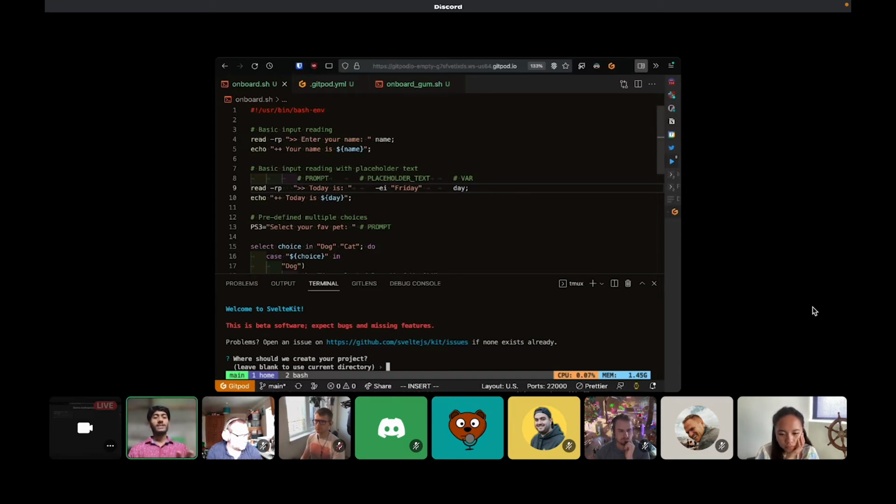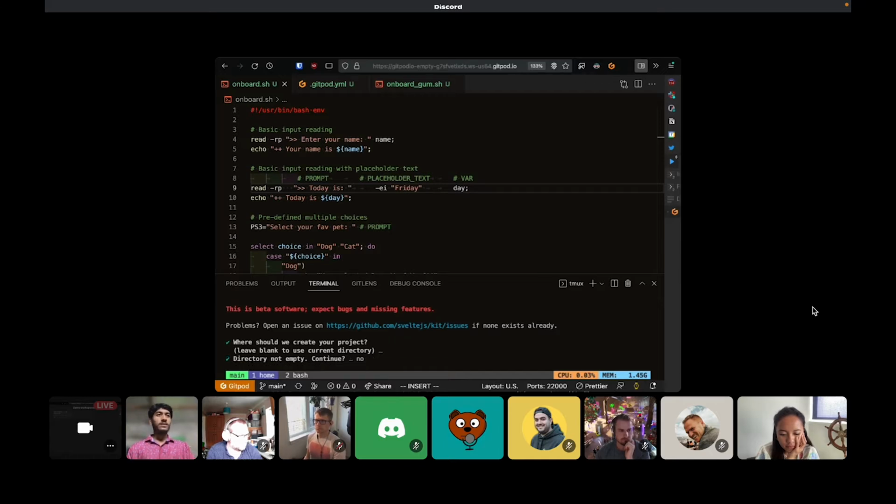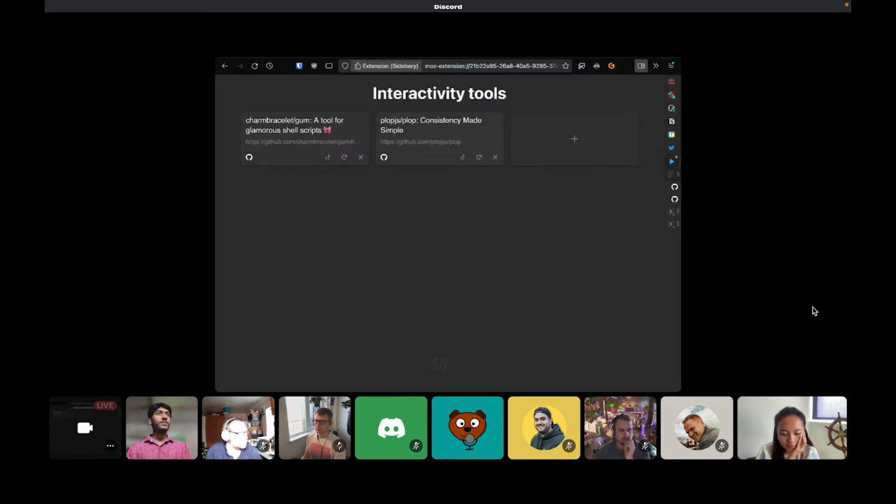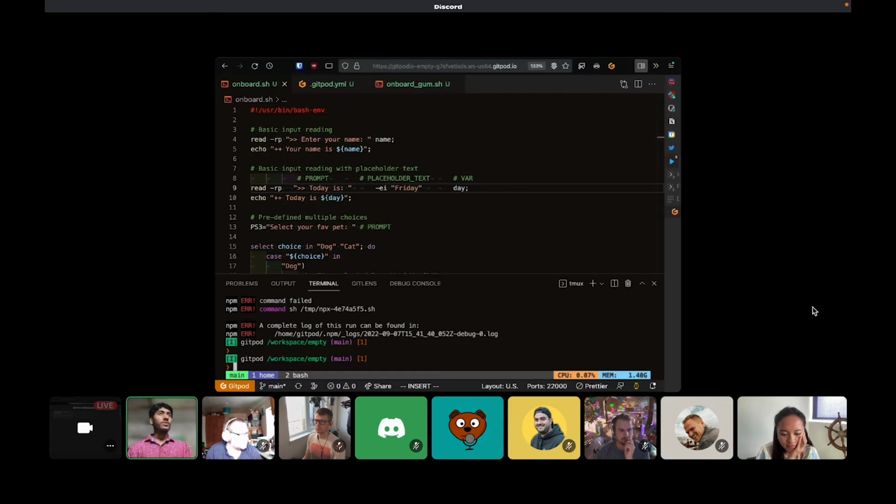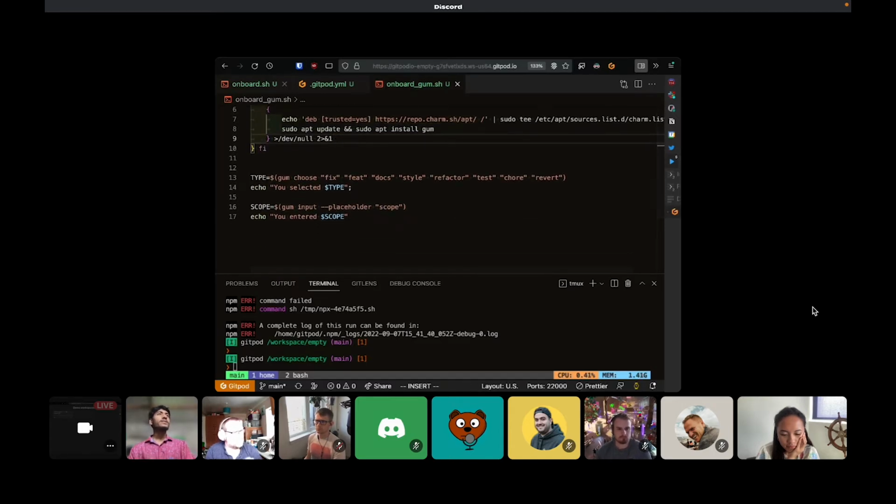And I was basically sharing the same idea here. And yeah, so, I also prepared an example with the GAM CLI tool. If I show you,